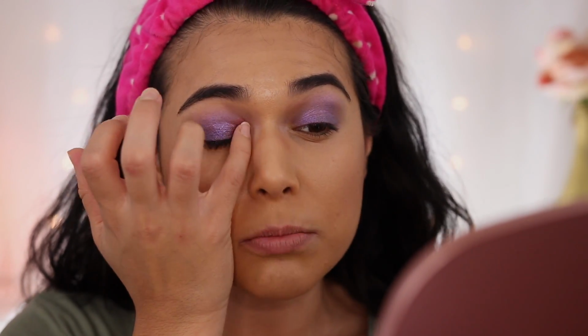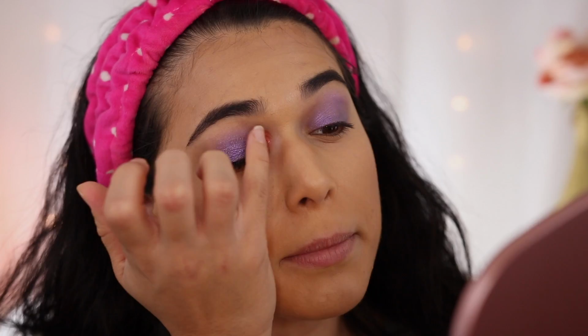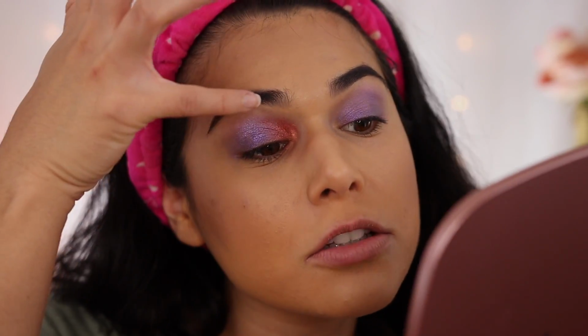I always thought orange and purple were a really fun color combination. Ooh, I think I just discovered something. As I blend these together, I'm getting more of like a rose gold shade. So these might be super fun to just layer and mix to get custom colors. And it seems like the two shades are blending in with each other really nicely. I'm not getting any sort of line of demarcation, even though the purple was already almost completely dry and set. Well, this went in a direction I didn't think we'd be going in this morning, but I am loving the